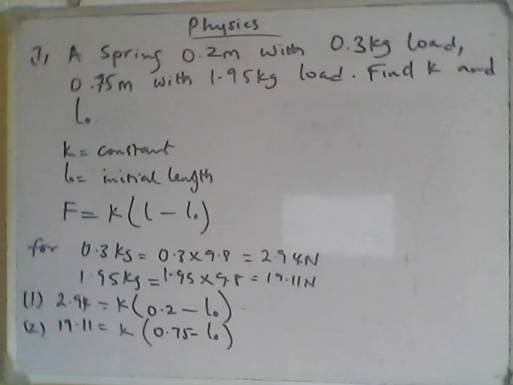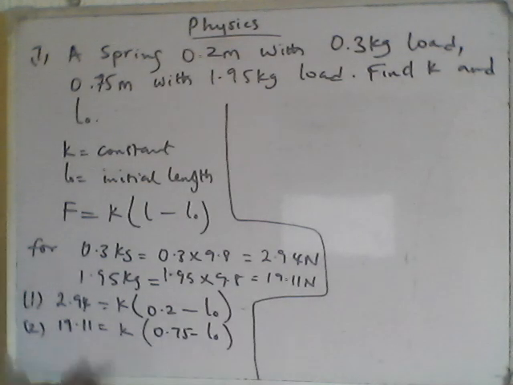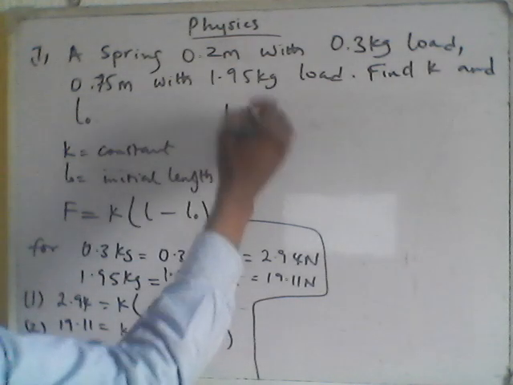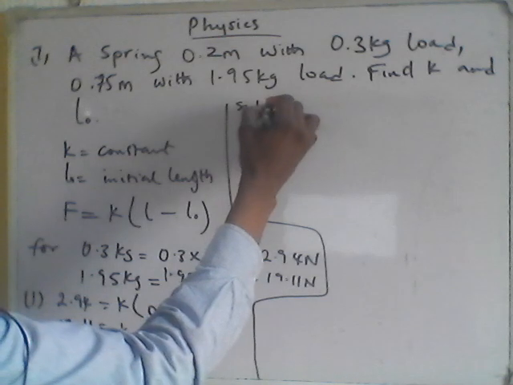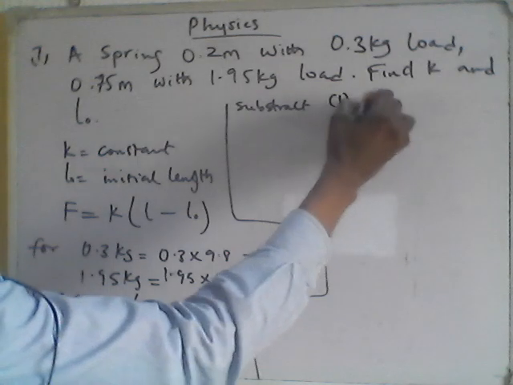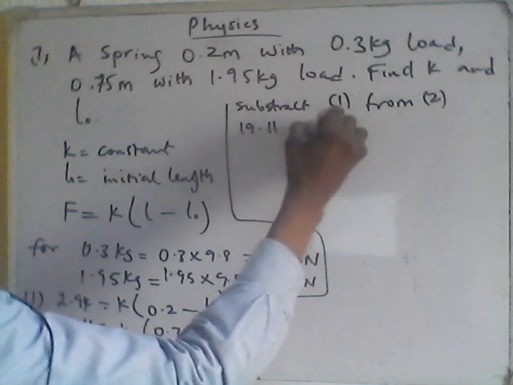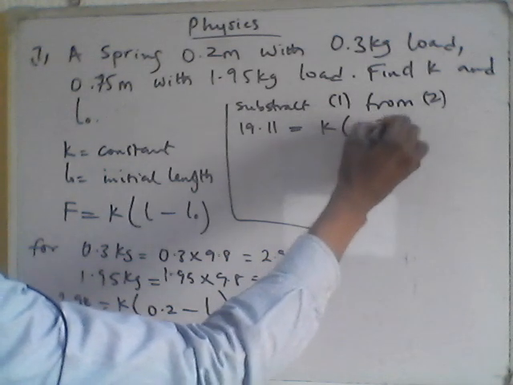So like I said, from here on is mathematics. Physics and maths are always together. So I'm going to come to this side of the board and continue from there. I have two equations, so I'm going to subtract equation 1 from equation 2. Let me just break it down like this. I will still write 2 upstairs like this, and I will put equal to K times 0.75,